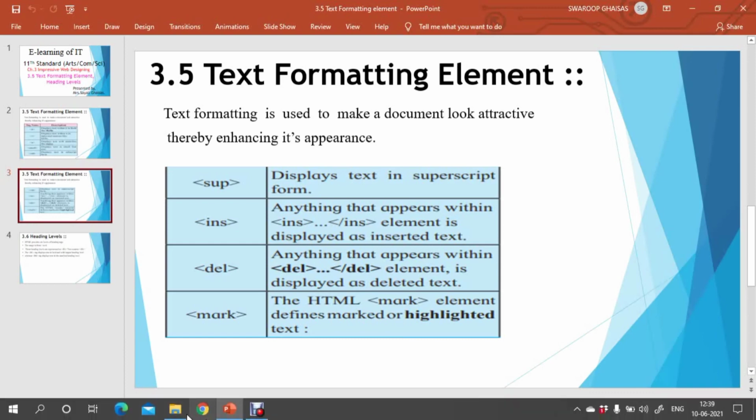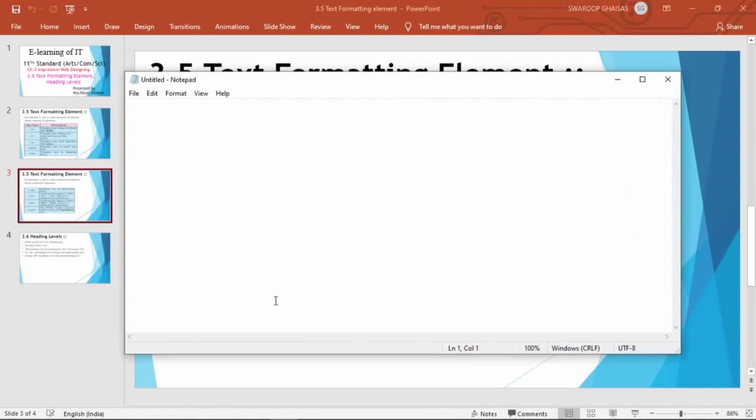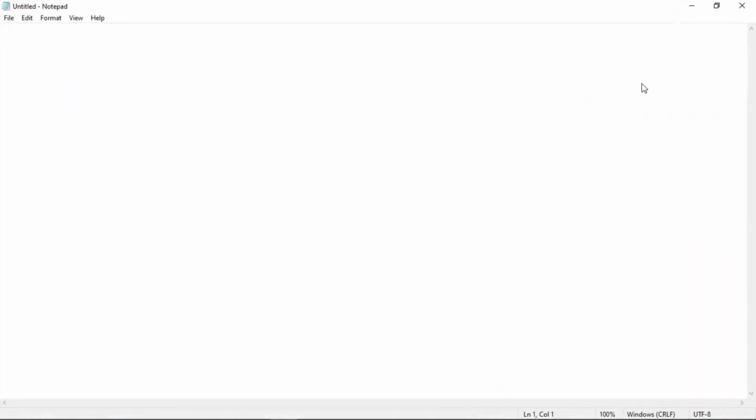For that purpose, first of all, open a notepad and start writing the code. First of all, add doctype HTML. Here the document type is HTML, and that is specified with this line. After that, the HTML tag start and end. Every HTML program starts with an HTML tag and ends with an HTML tag. So within HTML, now let us add a head tag, start and end of head.